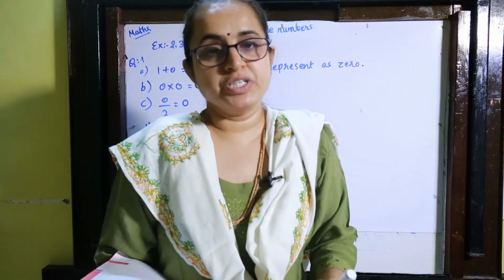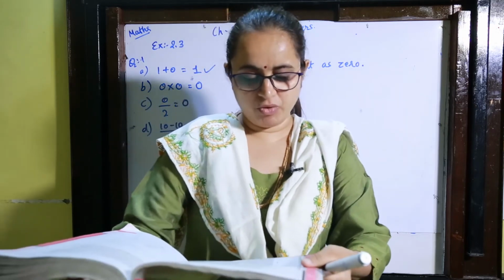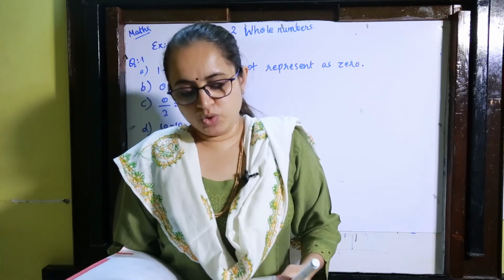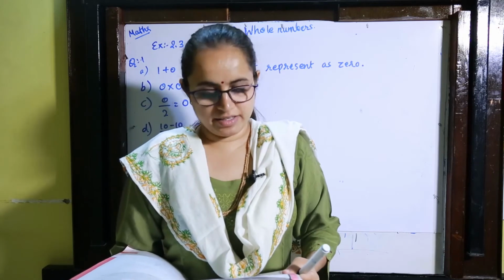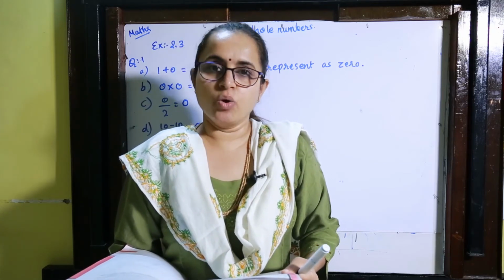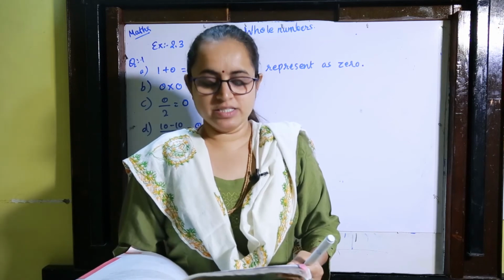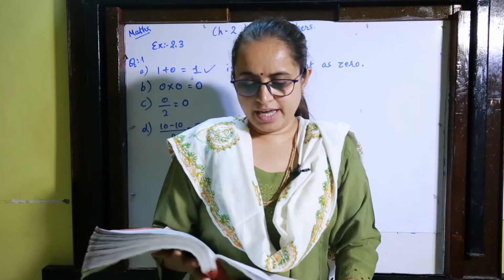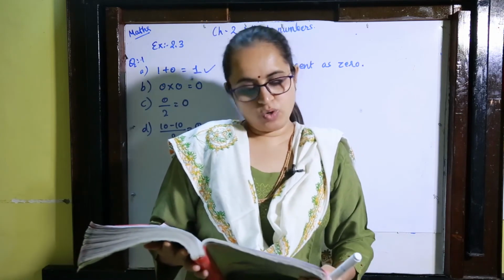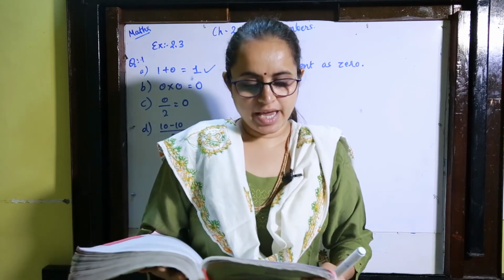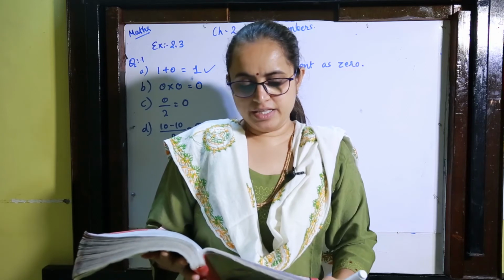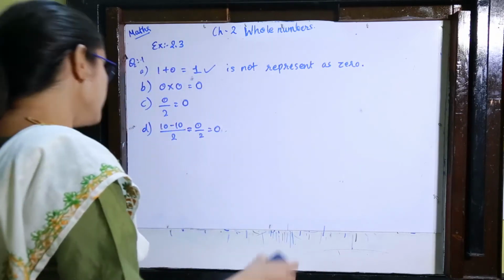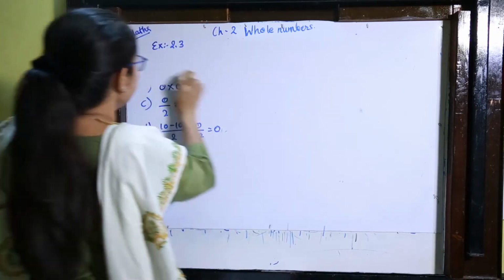Now we will move on to question number 4, which is on page number 44. Find using distributive property. Now you will think, teacher, this is already done. So in that, A and B is in your homework. Which one? A and B is in your homework. Okay, and C I will do, then D I will do, and the last one is in your homework. Okay, so A, B and E is in your homework. Okay, so we'll start with the C.